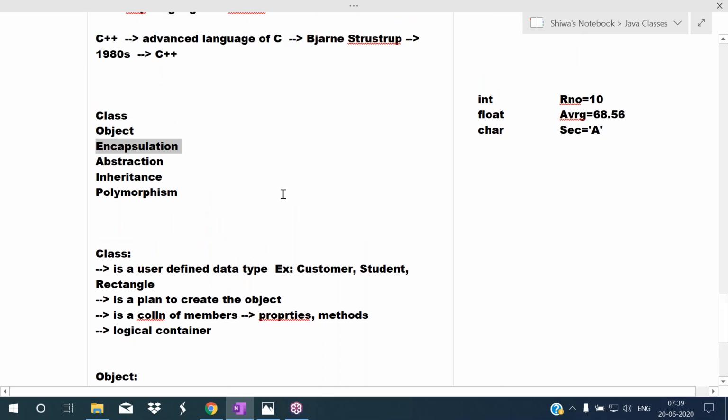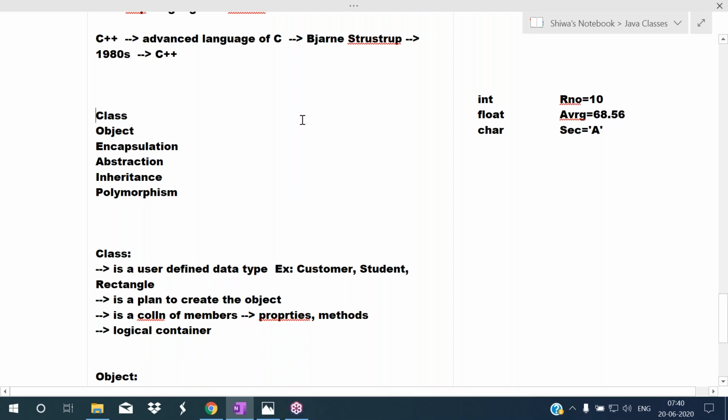First one is encapsulation, second one is abstraction, third one is inheritance, and fourth one is polymorphism. To achieve these four concepts, we use two common concepts, those are class and object. So these are the OOPS concepts.